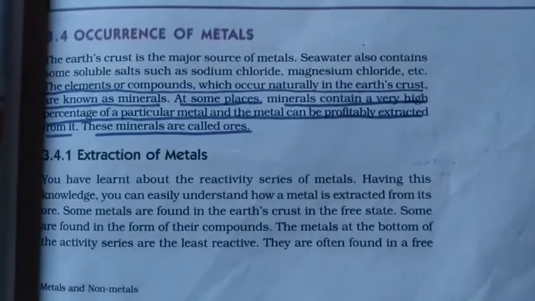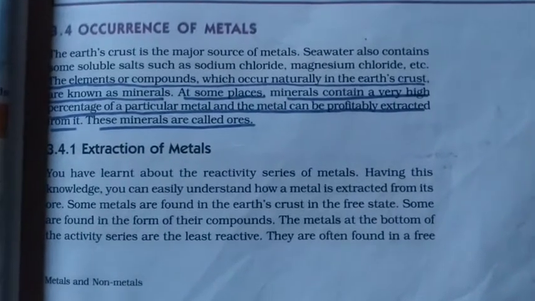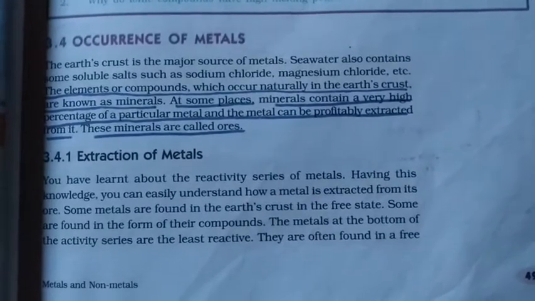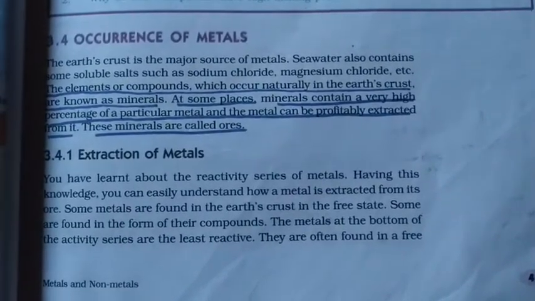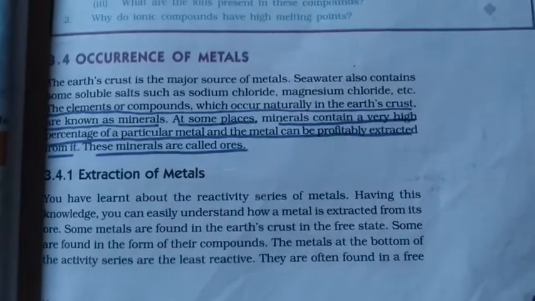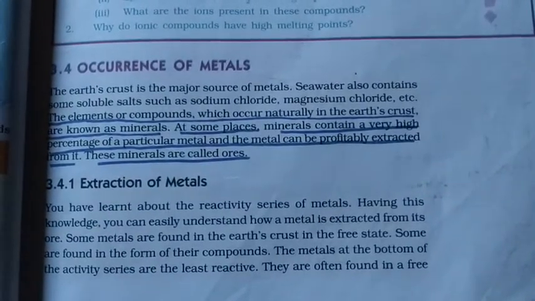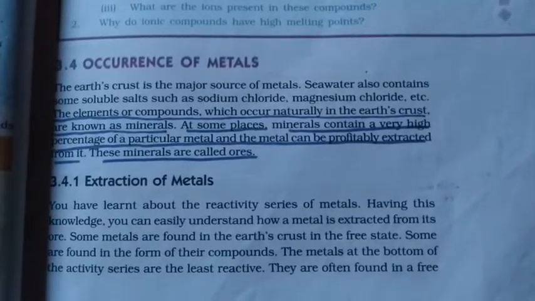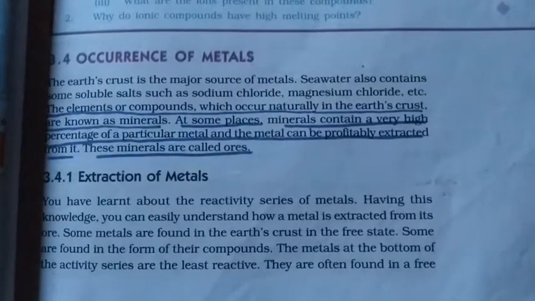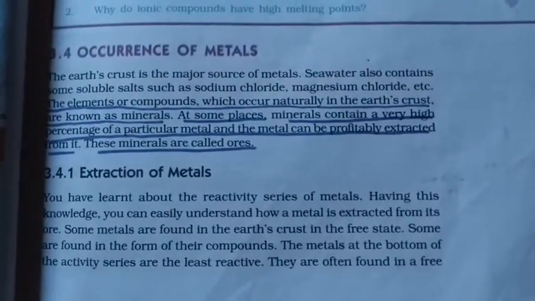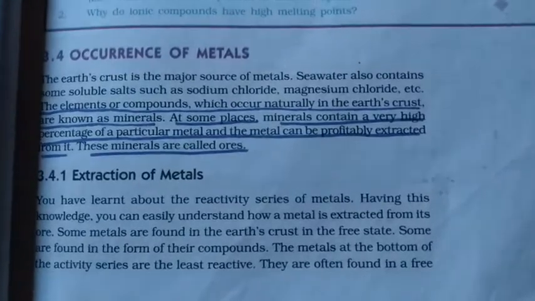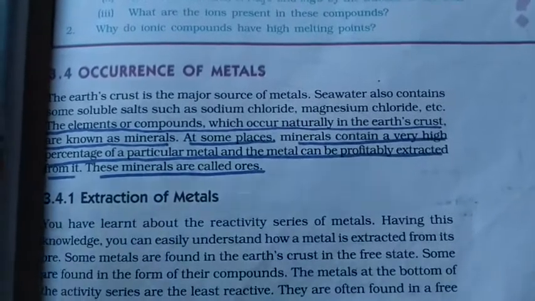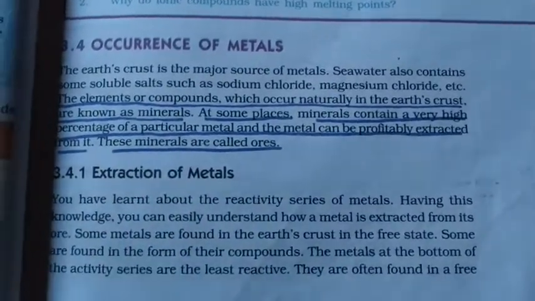So I think you have heard the term like mineral ore, right? So mineral means what? Naturally existing form of an element or compound, right? That means how naturally in the earth crust the elements are found. This naturally existing form is known as minerals. Now, when we are going to extract any metal, obviously mineral means metals are present, right? Because how they are found in the earth crust naturally is the mineral.